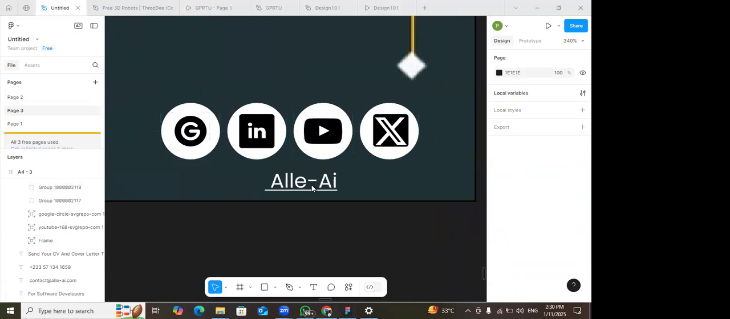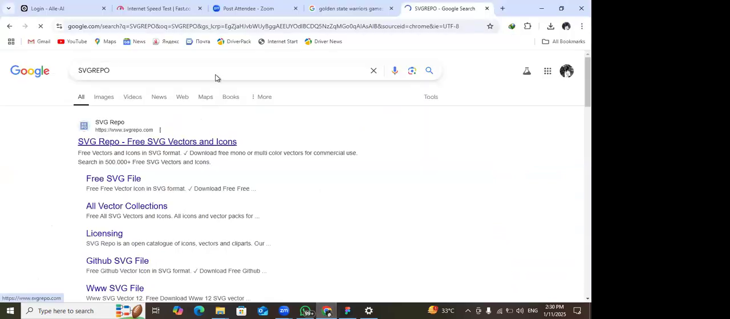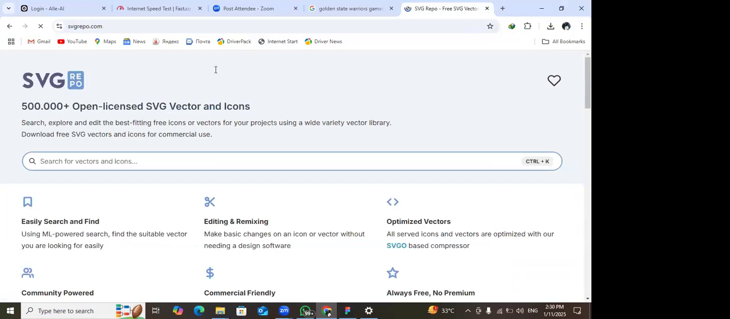I said, when you're designing, you need a lot of SVG and PNG. So one place you can actually get an SVG is here. So if you want to place an SVG for Google,